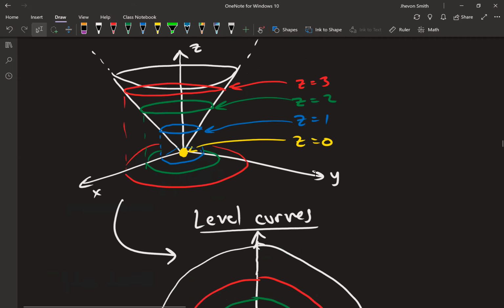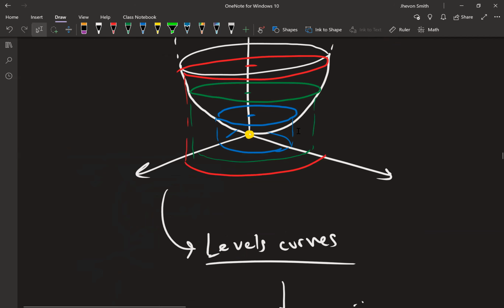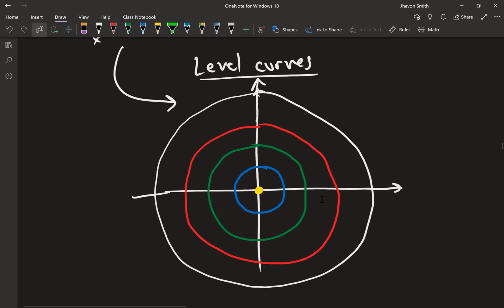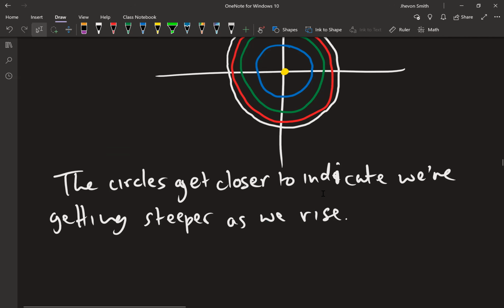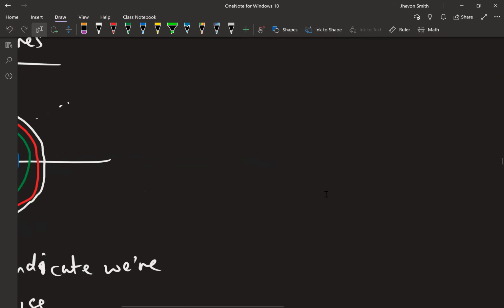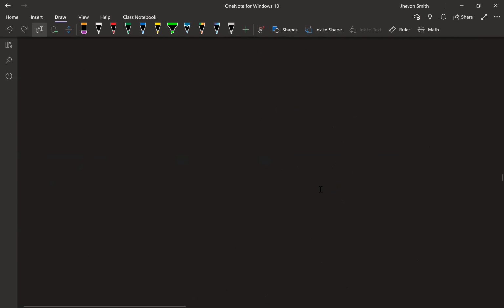So I can tell you that this rises at a pretty much steady pace, whereas this one rises and gets steeper and steeper over time. So I can look at these two pictures of a bunch of concentric circles, and I can actually tell the difference between the two, right? In that way, I can say what's going on in 3D by looking at a 2D representation, which is very useful because